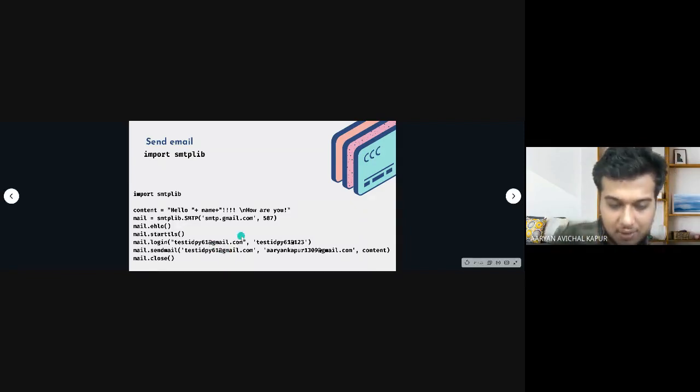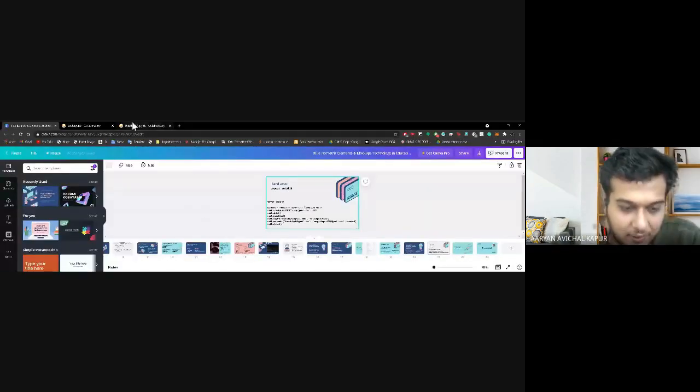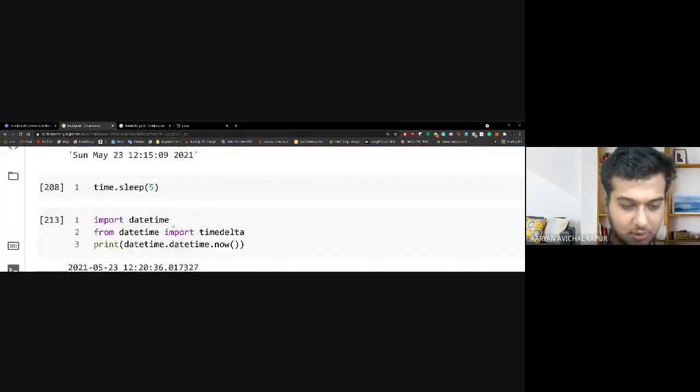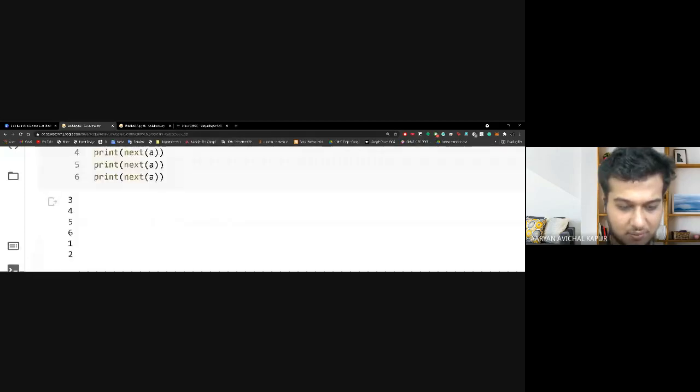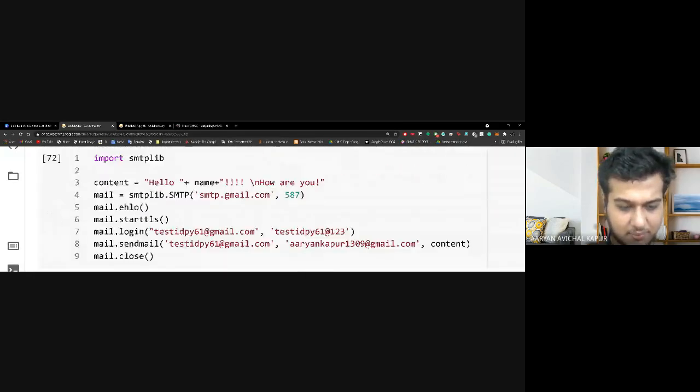And let me give you some intricacies of how this actually works. Let me open up my original mailbox and let me show you how it works. I have the code here and I don't want to write it again and again.